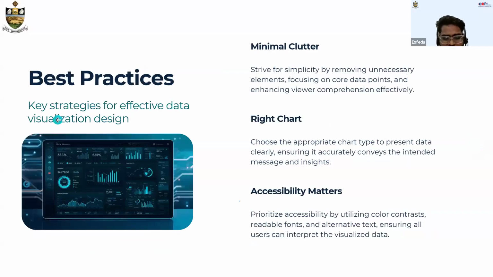And the best practices for data visualization are minimal clutter, so you need to maintain just statistical proof, what's been happening at a specific level and what needs to be focused on, and picking the right chart. So it's not about utilizing all the charts and making the visual grandeur. It's all about picking the right chart and having the appropriate visuals in your dashboard. And accessibility, so it's all about using your coloring, contrast, hue. So this will be much more useful and interactive, and will communicate even better to the audience itself.